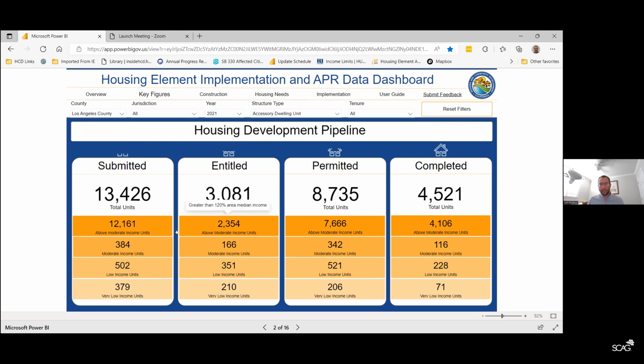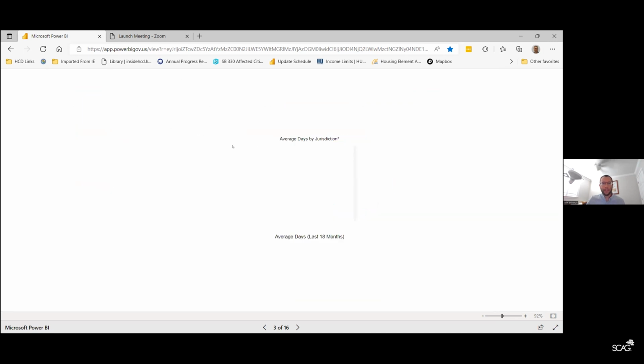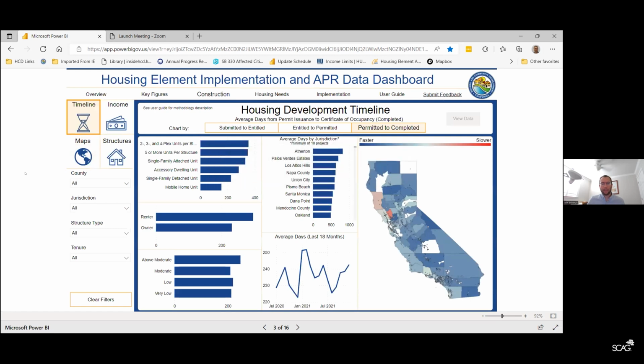So that spotlights a little bit of the data that we're collecting around the units, and affordability is also listed on this page as well. So you can see the units broken down by affordability level. So that's really the key figures that we are collecting on this annual progress report, highlighted on the first page. With the second page, we dig into the data a little more, and this page spotlights the